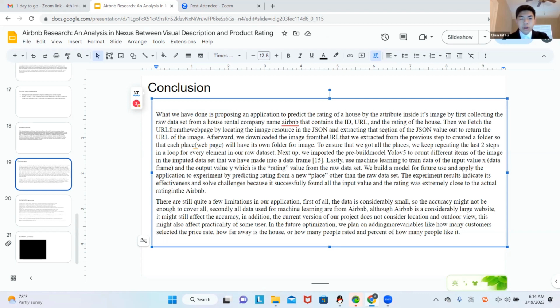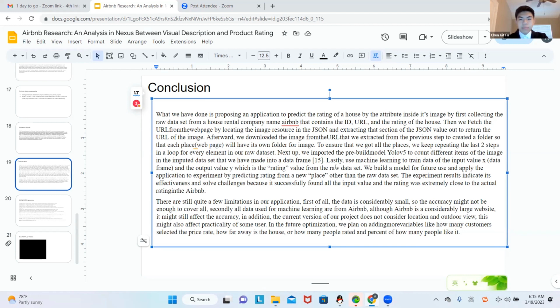Then we fetch the URL of the new page by locating the image resource in the JSON and extracting that section of the JSON value to return the URL of the image. Afterwards, we download the image from the URL that we extracted in the previous step and create a folder so that each place's web page will have its own folder of images. To ensure that we got all those places, we keep repeating the last two steps in a loop for every element in our raw data set.